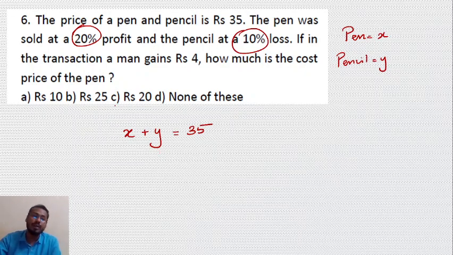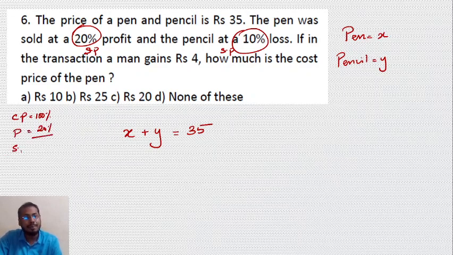But we should convert this into selling price. Otherwise, you will never get the answer. Not only in this concept, always, whenever they give a profit and loss, you need to convert and think in the selling price. 20% means cost price is 100%. Okay, and profit is 20%. So selling price will be 120%. So I need to take